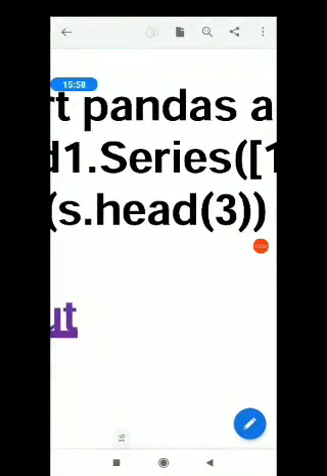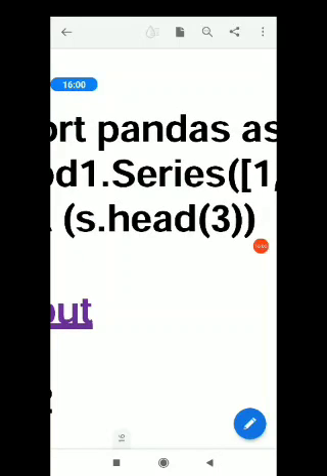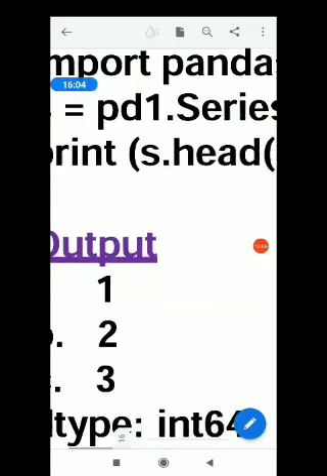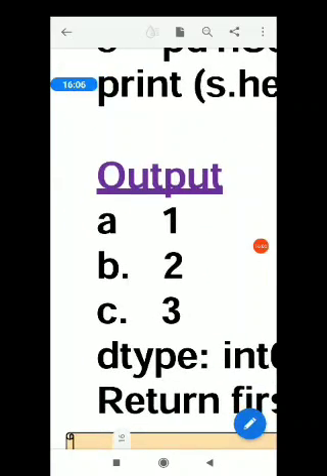That means the first 3 elements will be shown in the output. Please see the output over here. You will see 1 2 and 3. Only the first 3 data will be shown, because I am giving head 3.